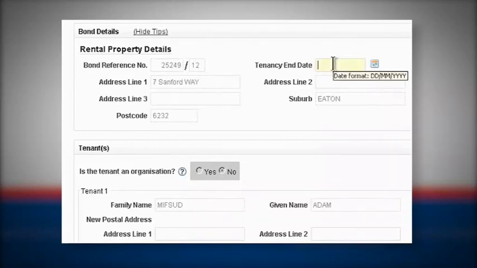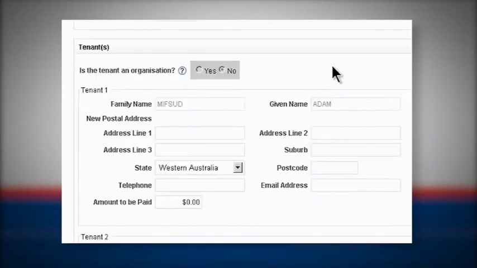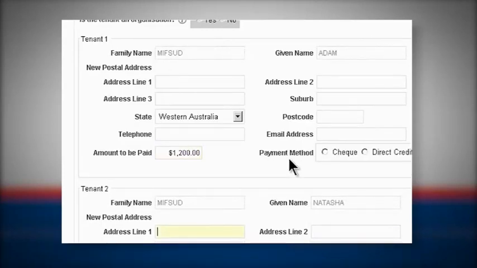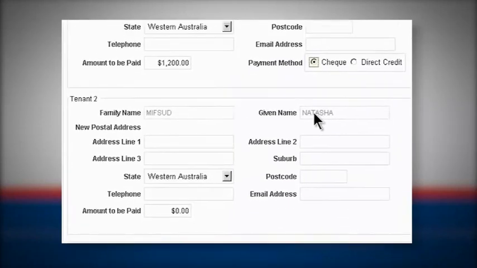We are then to check the property address and put in the tenancy end date. We are then to allocate the amount for the tenant refund of the bond, and then to select the payment method. In this case, we will select cheque,